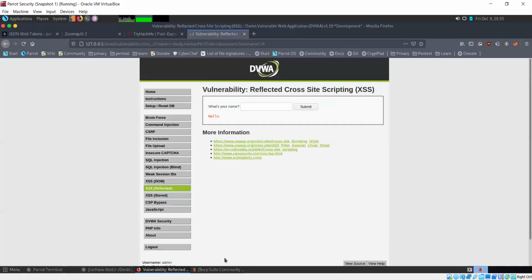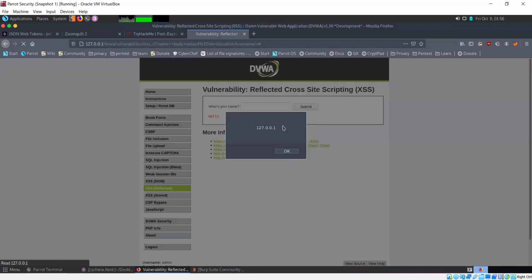Okay, yeah, not document dot, location dot host name.